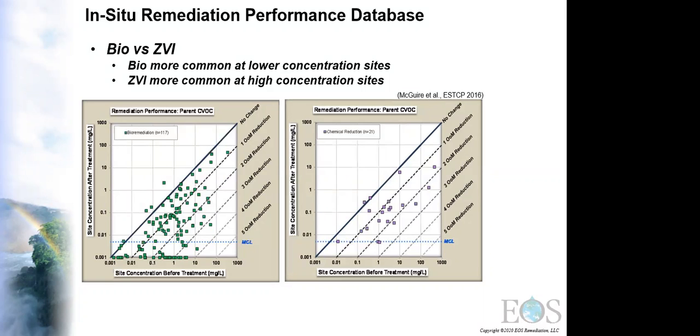When I look at this and break it down, the first thing that jumped out at me was a group of sites that I've circled in black. For all the reasons I mentioned in the previous slides, bioremediation has some site dependency for it to work efficiently. The pH has to be right. You have to bring the oil into contact where you need it. There's a concentration limitation. Without knowing a lot about these sites, just looking at this data, I would say those represent sites where conditions maybe weren't conducive for bioremediation. Conversely,